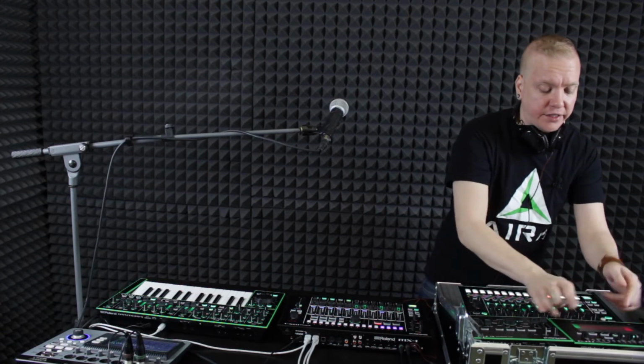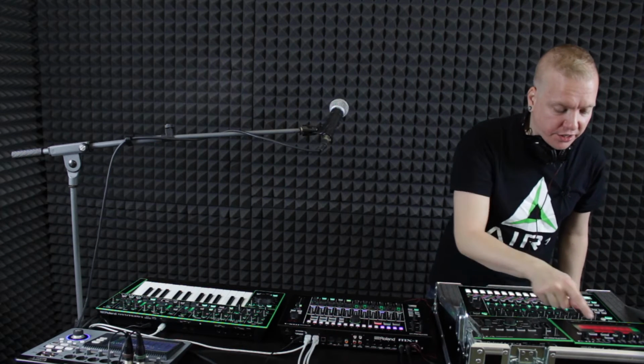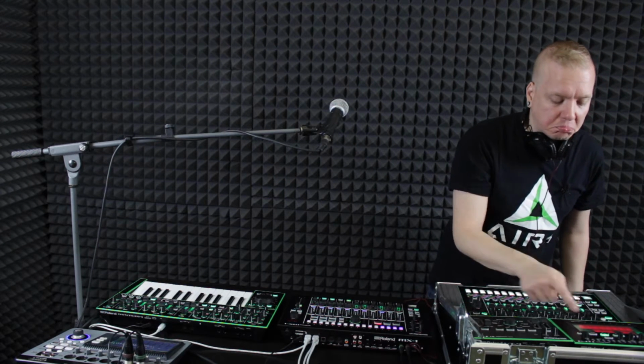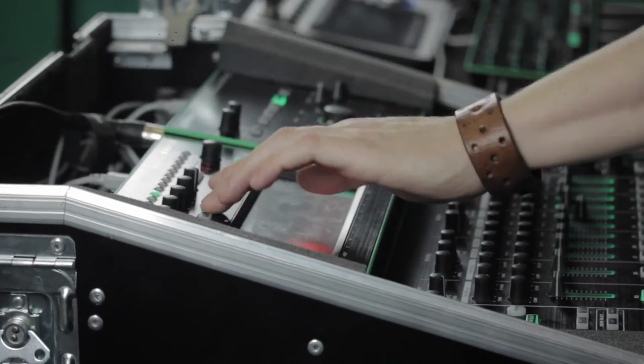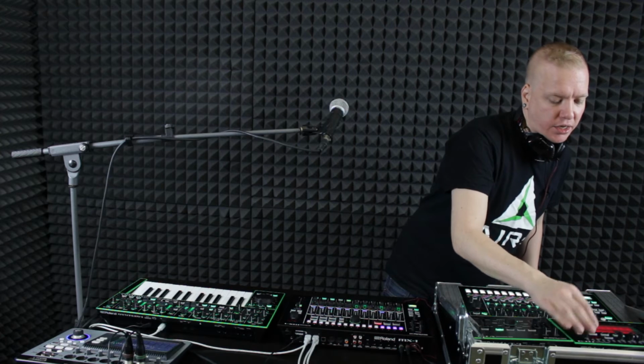For instance, I've cleared the pattern now, so this is empty when I press play. And now we can put in something completely random. So if I hold pattern select and press the scatter button, this is still empty, I'll just do this. And now it has generated a completely random pattern for me. We can do it again. You can do this as much as you want, but what's especially fun, I think, is to do the